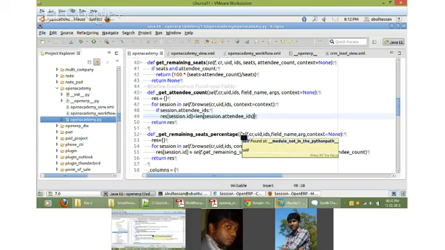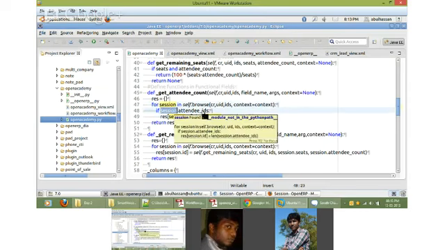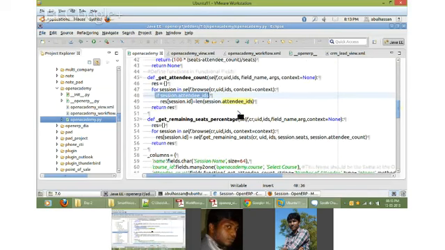To get the number of attendees, we are just going to find the length of session.attendees. That's all. Session is nothing but the variable that we are using in the for loop. This is given as a validation, because if it is not available, the length function is going to give an error. So we have used a condition. It is going to return the attendee count by just using the length function.